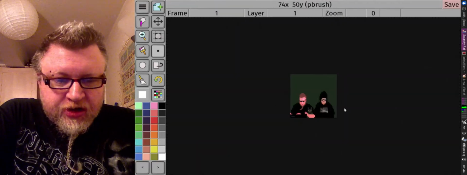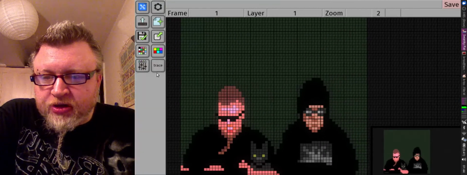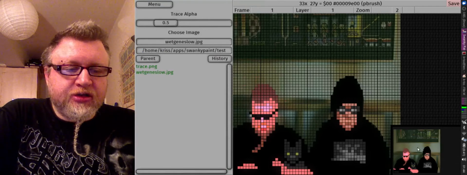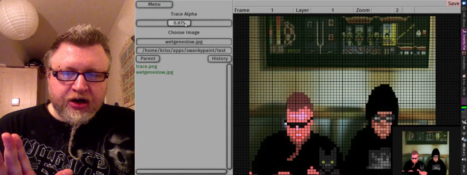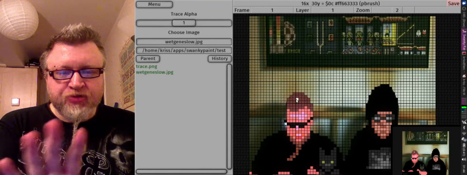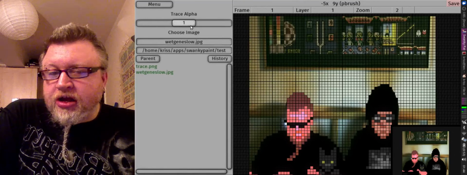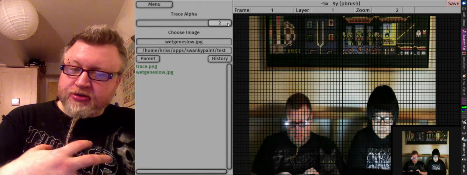Let's go back to the tracing stuff that I did for the last release. If we load in a background image, there we go. So that's the background image, and before, the slider went up to 1. At that point you can still draw over the top, but it was fully non-transparent in the background. But now it goes up to 2 and begins to go over the top of the pixels,